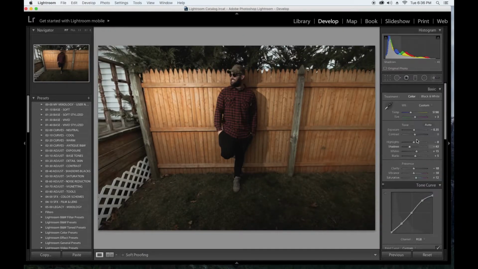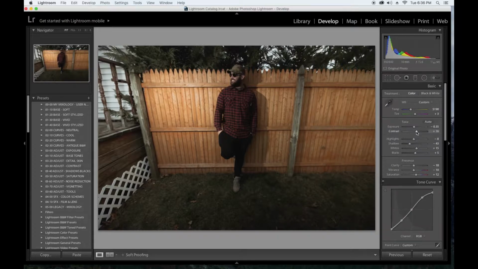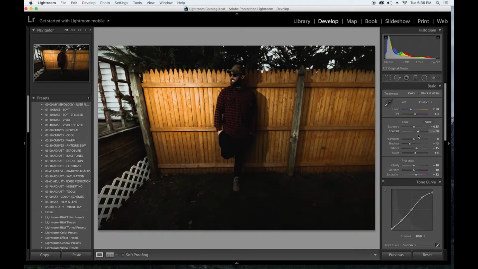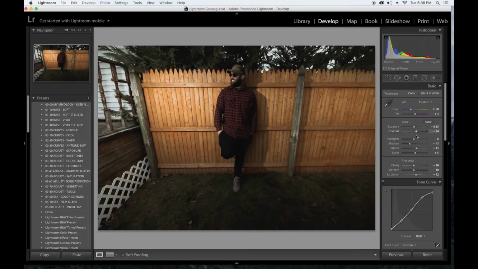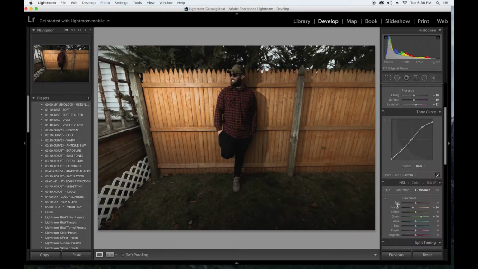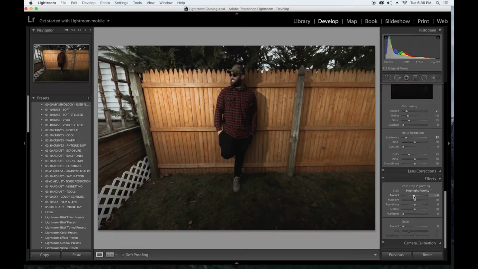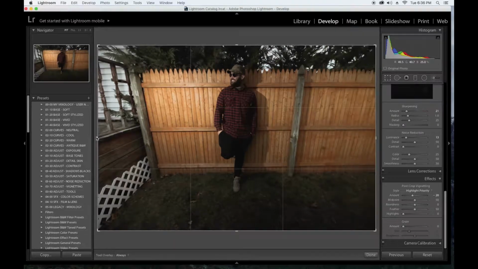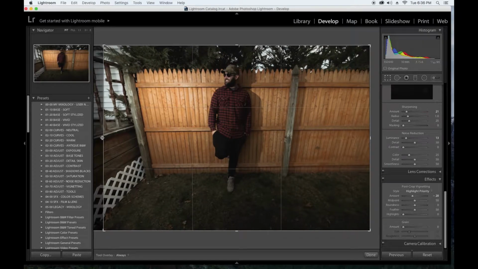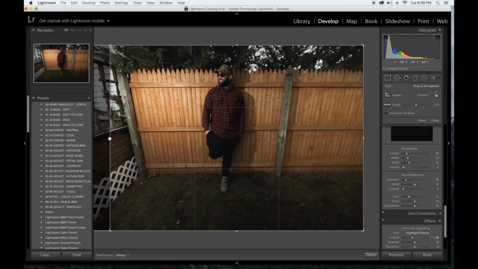Now what you could do is you come back up here, now that you got the base of your photo, and you play with it a little bit. And if you want to add some contrast, not that much obviously, but I'm just showing you the difference. And what I want to do to this picture actually is I want to put a little bit of a post-crop vignette just to give it a little more look. And I really don't like this on the left. Like I said, I wasn't trying to take the picture perfect image over here. I'm just trying to